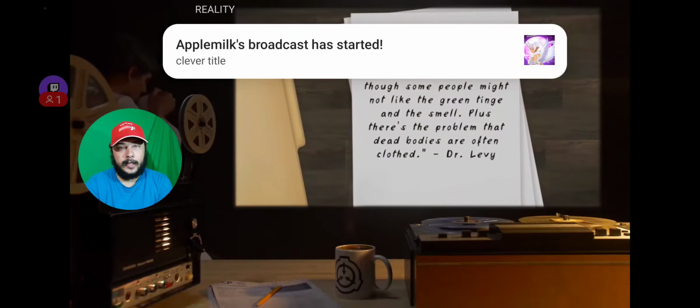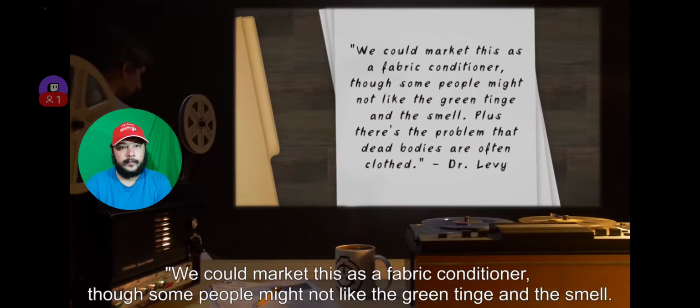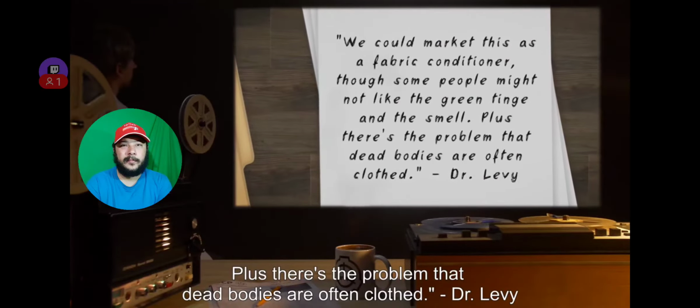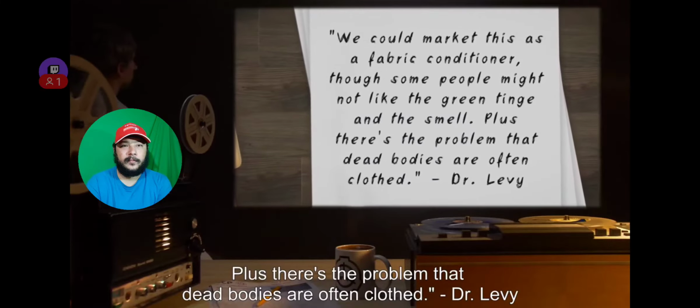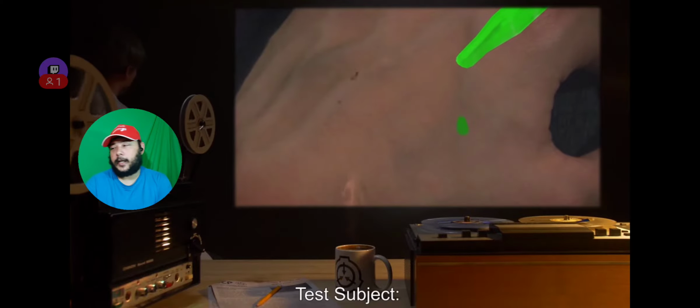Notes: slightly minty smell. We could market this as a fabric conditioner, though some people might not like the green tinge in the smell. Plus, there's the problem that dead bodies are often clothed. Dr. Levy. Test subject: